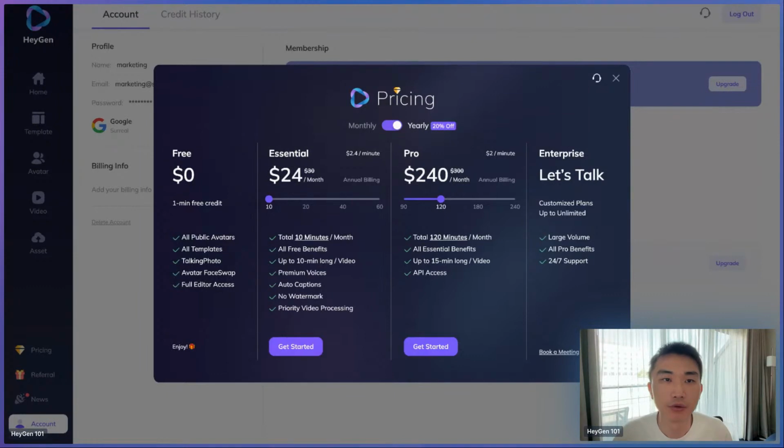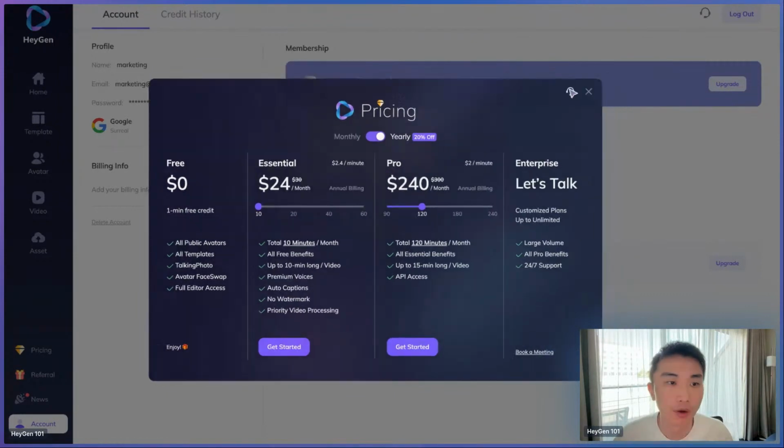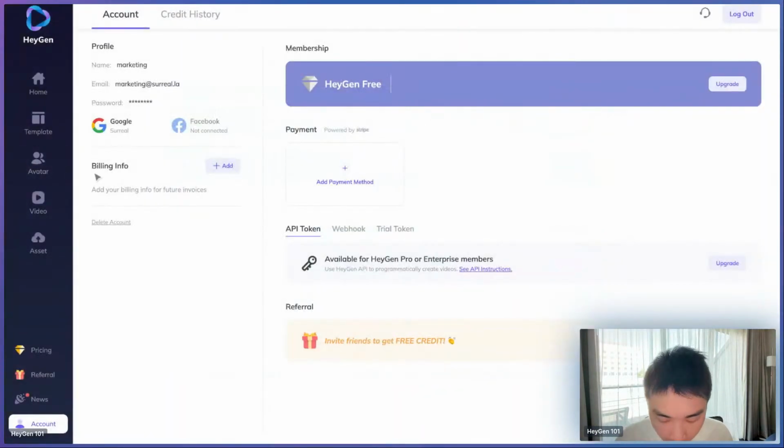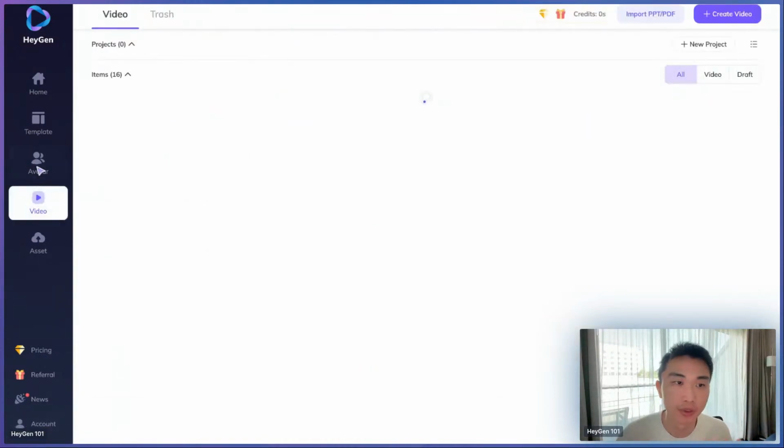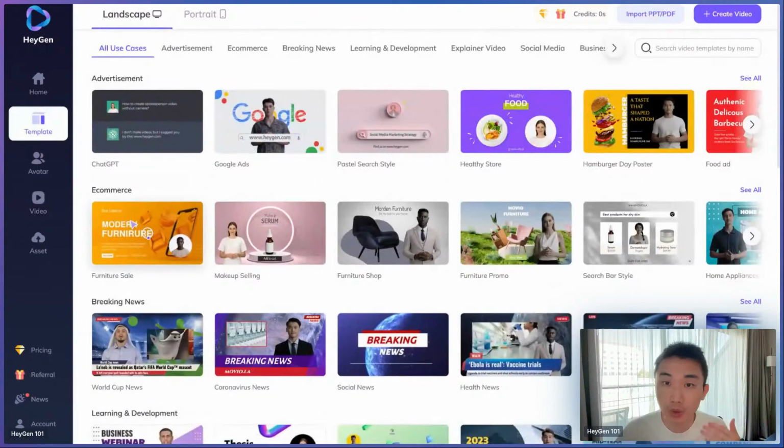So I think there's a couple of things still. As for now, we only walked through some of the very basic pipeline that we have to generate a video, but we also have some very cool features. Let's say the talking photo, right? We can actually generate the talking-style spokesperson video with a single photo. And meanwhile, we also would be able to clone your avatar if you want.